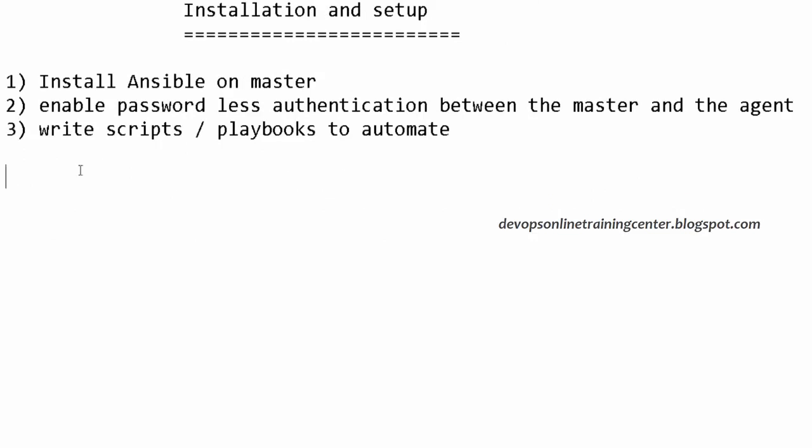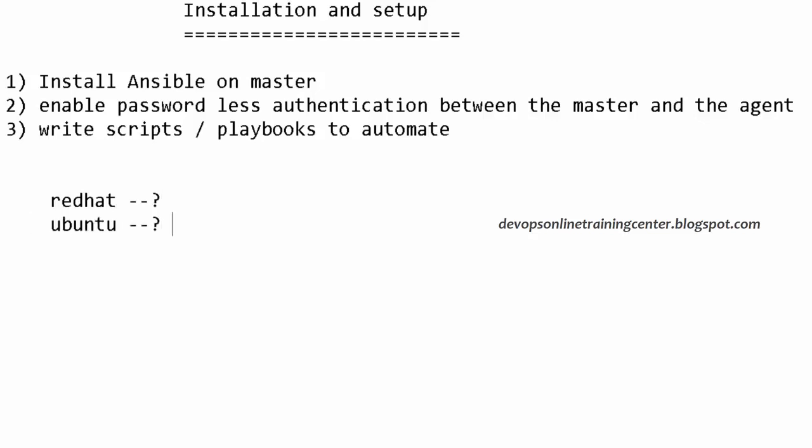So how do we install software on a master, right? So like any other software, Ansible or Chef or Puppet, we need to install on one of the machines, as we have to configure it as a master, right? So to configure it as a master, we need to enable the repository. So what is the location of the repository for Red Hat, and what is the location for Ubuntu?